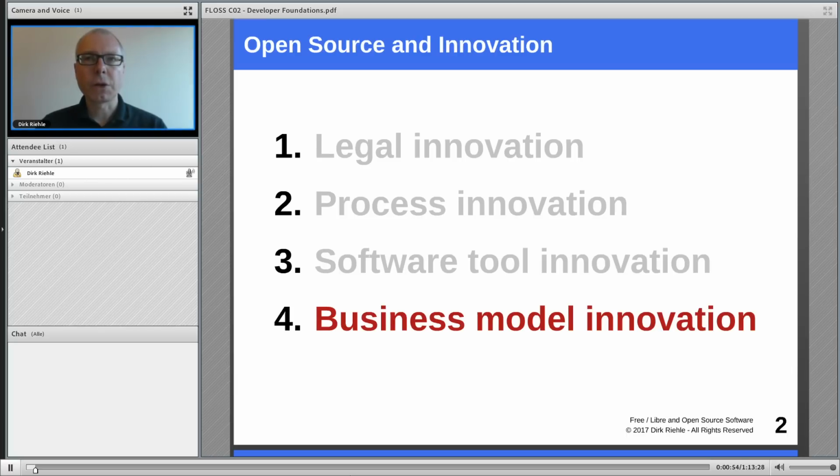This is also one of the aspects of how open source software is highly innovative by giving us new, again in quotation marks, business models, how companies work with each other for business purposes and are developing open source software